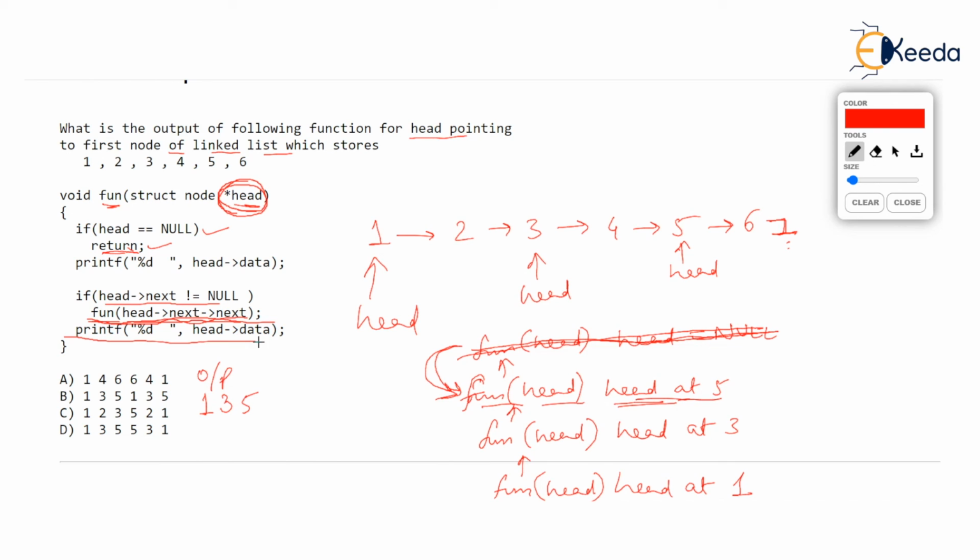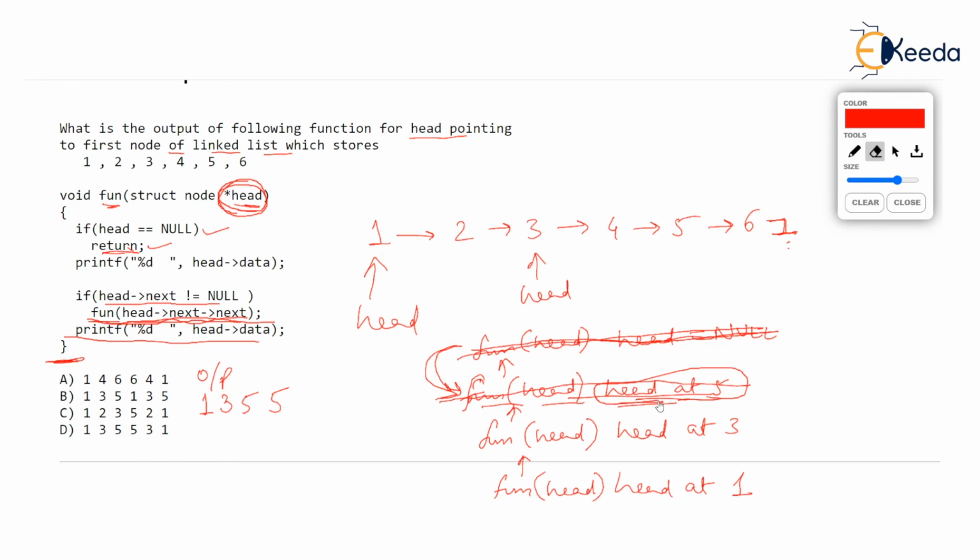So it prints head arrow data, but head arrow data should be phi, because we are in the function where head is at phi. So obviously it is going to print phi. But after printing, after printf, the function simply ends with the close brace. That means fun head with head at phi is going to end. If it's going to end, its local parameter head is going to get destroyed.